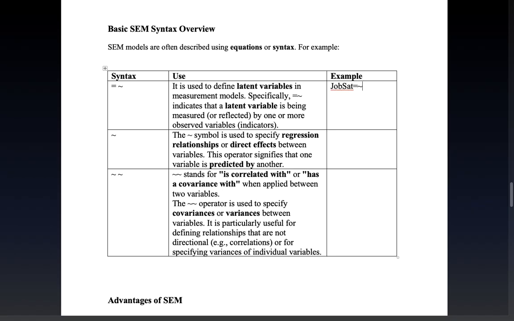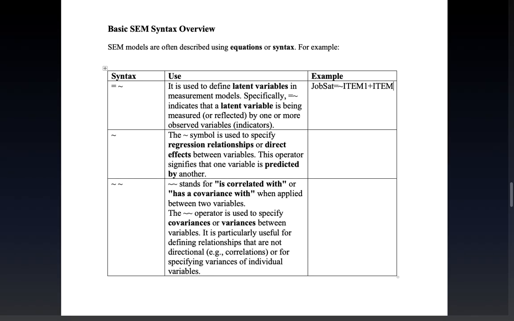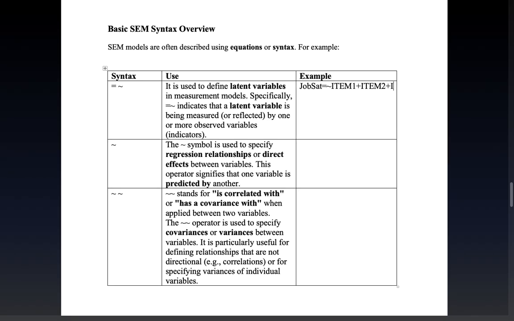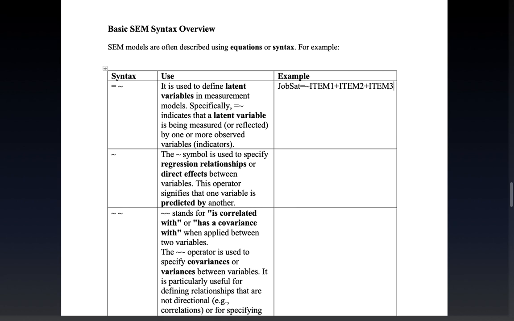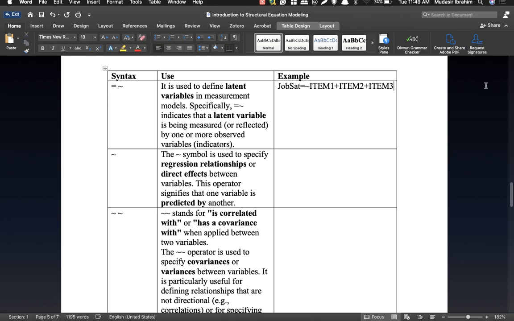So I can do it this way, and let's say I have 3 questions for my respondents to provide their answers or their responses. So let's represent them by item 1. So I'll just say item 1. Since they are all collectively measuring job satisfaction, I'll just say item 1 plus item 2 plus item 3. So when I issue in this syntax,